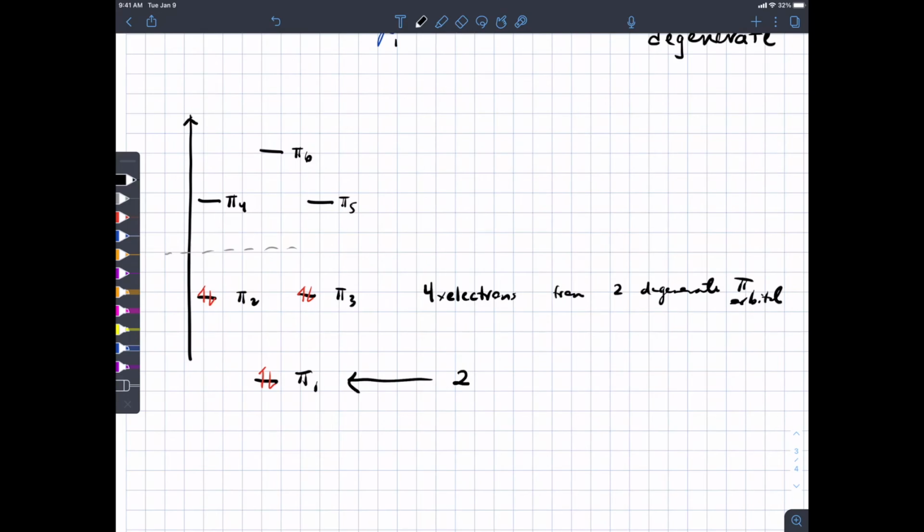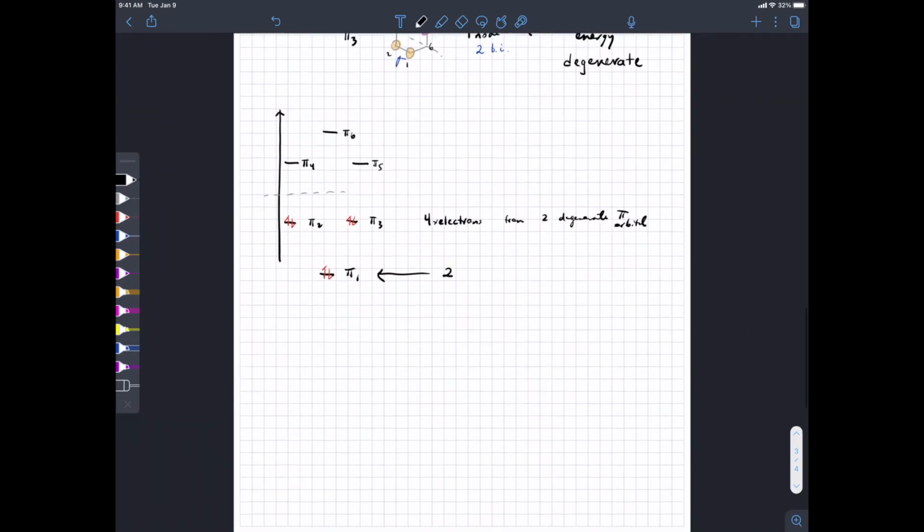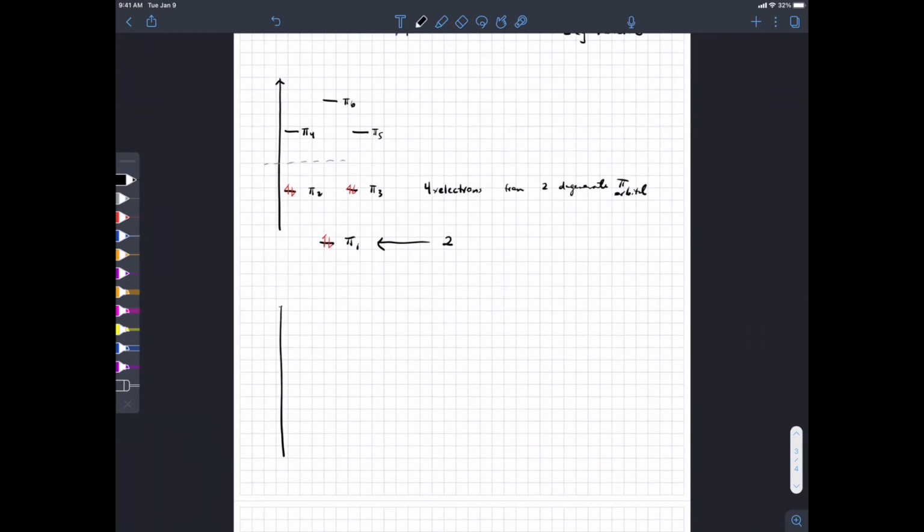Why the 4n? Why not just 4 plus 2? Well, it will turn out that if you do a similar energy diagram, imagine a 10-membered ring. I'm asking you to imagine it because I can't draw it. But if you did the math for the 10-membered ring, what you would discover is you have 5 bonding orbitals, 1 lowest in energy, then 2 sets of degenerate higher energy orbitals, and then 5 antibonding orbitals in the same